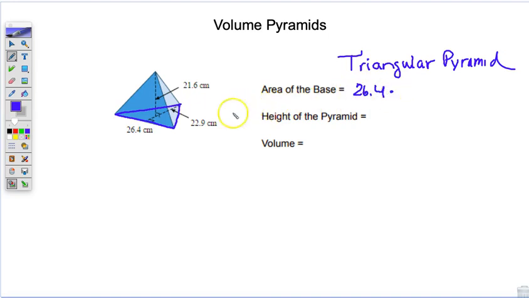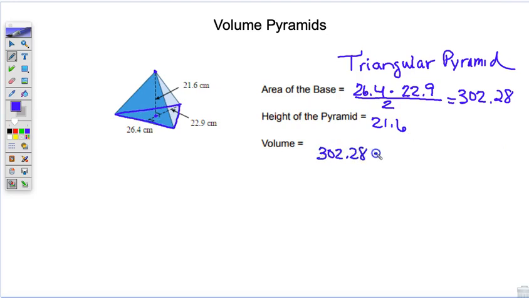times the height of that base. So if I look at that, it's 22.9. And then remember, it's a triangle, so we're going to divide it by 2. That should be 302.28. The height from the very bottom of the pyramid to the tippity top is 21.6. Multiplying 302.28 times 21.6, and then divided that again by 3. You should get a result of